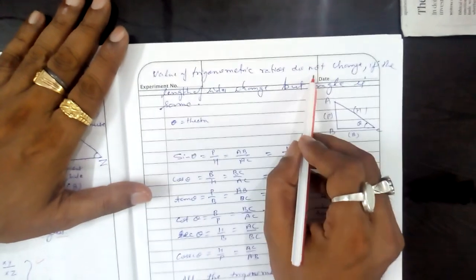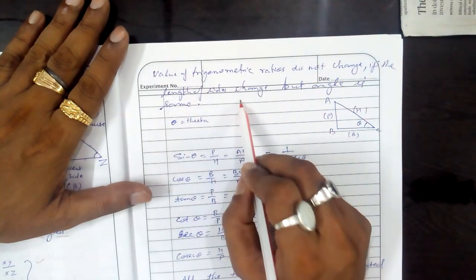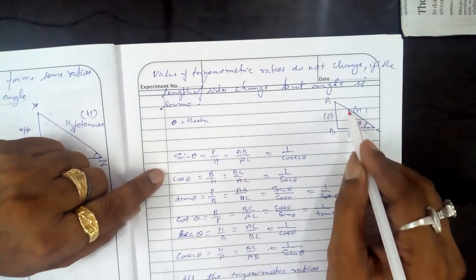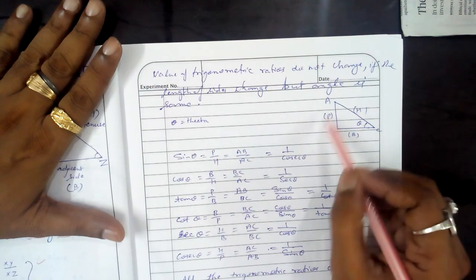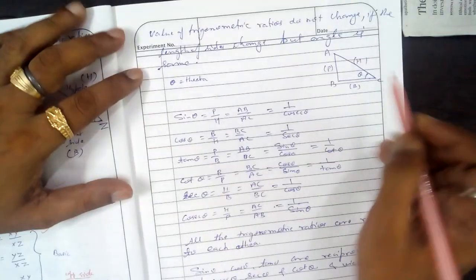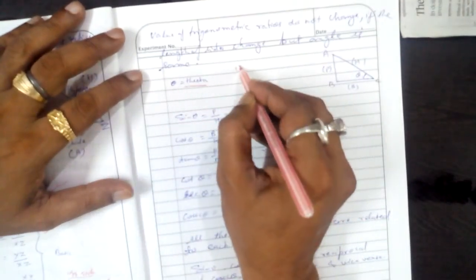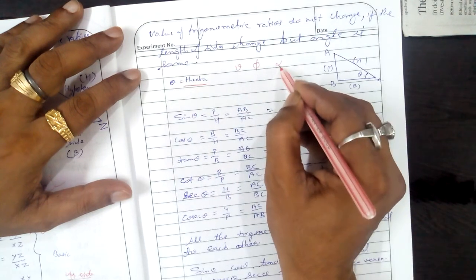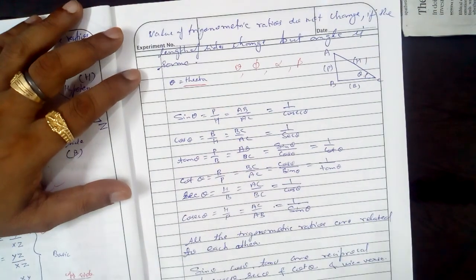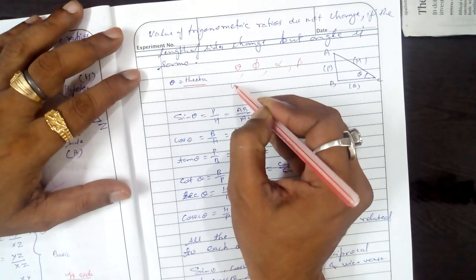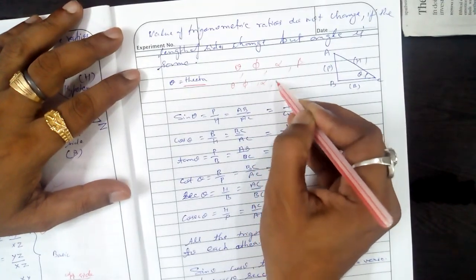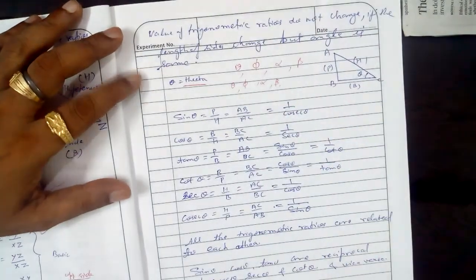Values of trigonometric ratios do not change if the length of the sides changes but the angle is the same. If the angle is not changing, you can increase or decrease the side length; it does not matter. If it is 30 degrees, it will remain 30 degrees, and the ratio is a constant. One angle is called theta, and you can also use phi, alpha, or beta. These are some mathematical symbols for angles. Theta is written like an O with a line; phi is a cut zero; alpha, beta, we will use in the solutions.